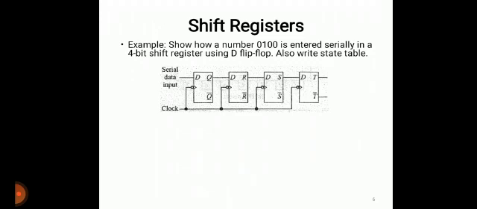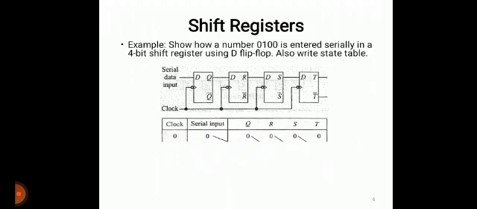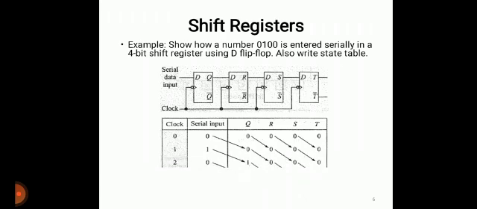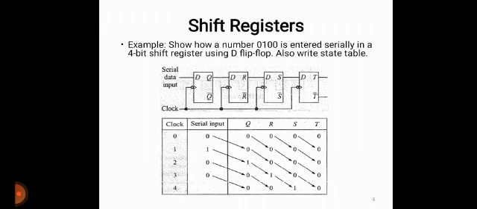Now I need to shift 0100 here. So this was the previous data. Now when the first clock pulse is applied, here we have serial input as 1. Next I have 0. You can observe here, whenever I am giving the serial input, that serial input is given to the first flip-flop, whose output is Q. Then the data at the first flip-flop is shifted into the second flip-flop, and you can see that in the arrow marks represented there.